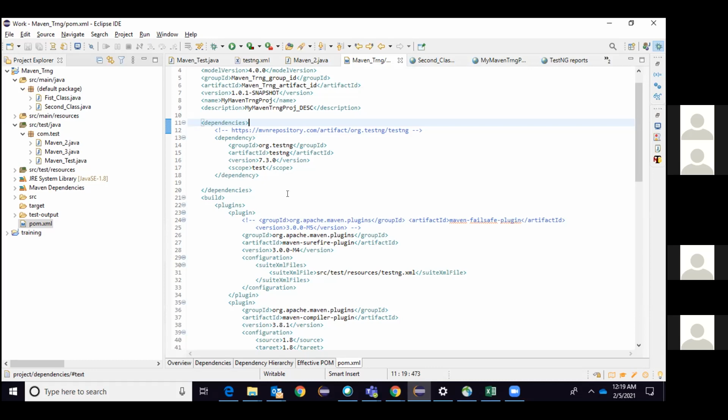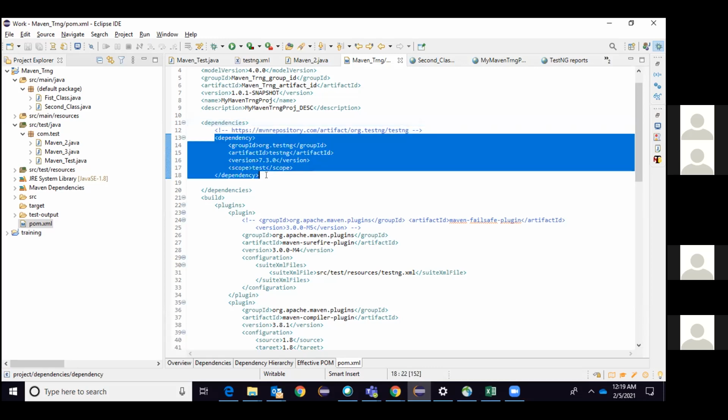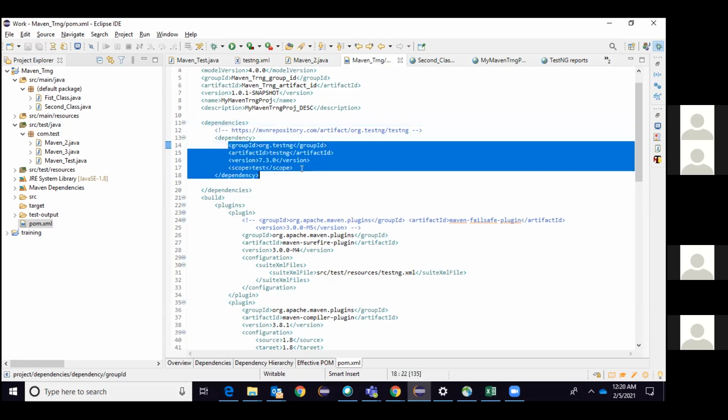This is gone. So do I have to go again to the internet, get it back, and work on it? Rather than that, there is a centralized repository, and I have something called a dependency. I have added the dependency here, and it will come automatically from the centralized repository.